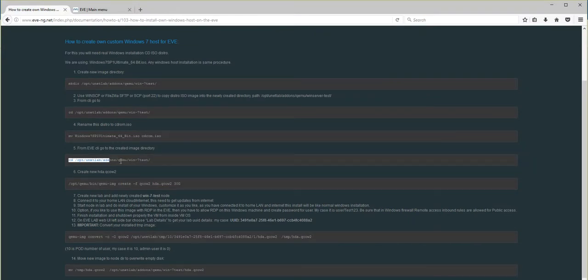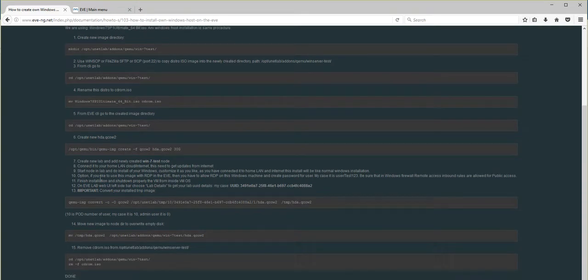We are in this directory, so this step is probably not necessary now, but just be sure that you are in the correct path, and we are creating the new hda hard drive. It's up to 30 gigabytes, but let me tell you, when we are creating this hard drive, it is actually like a container.